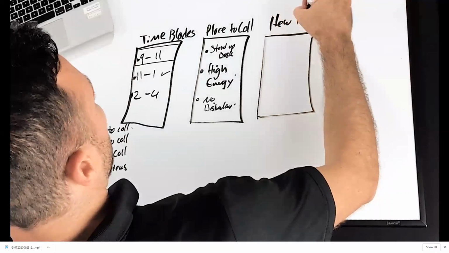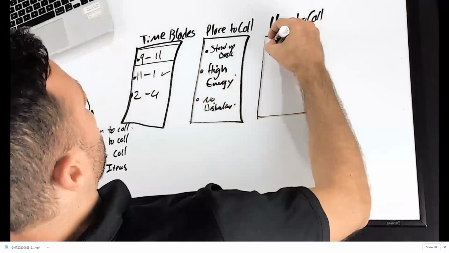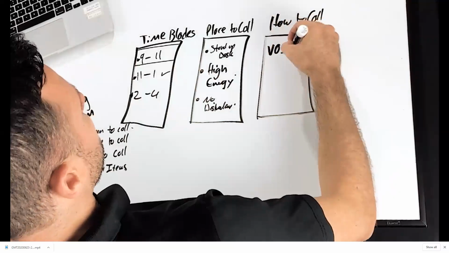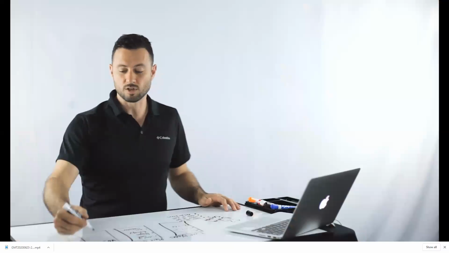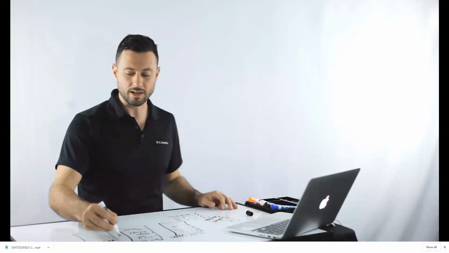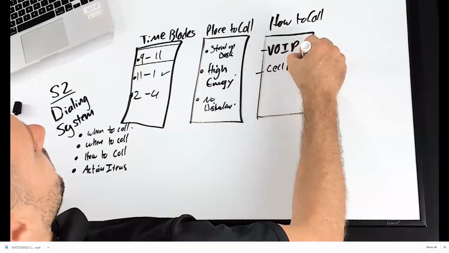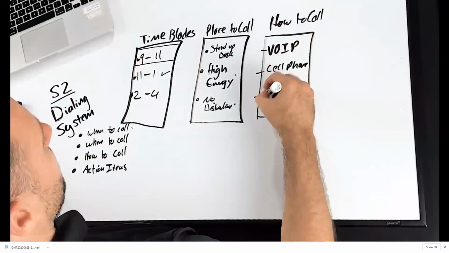All right, we're going to talk about how to call, okay? Now, some of you may be using a voice over IP system, and that's okay. Some voice over IP systems have recording devices in them, where you can actually record the call and go back and listen to quality, so you can look at something like that. It could even be a cell phone, or it can be an auto dialer,